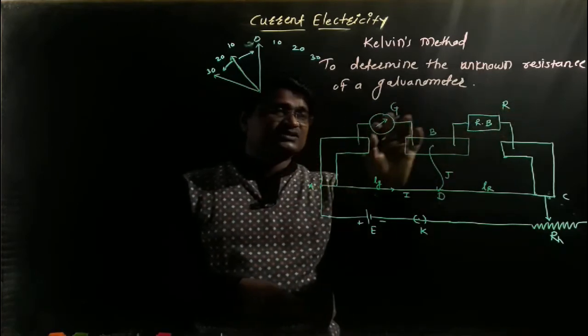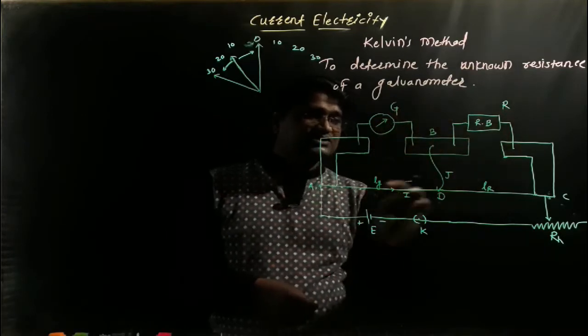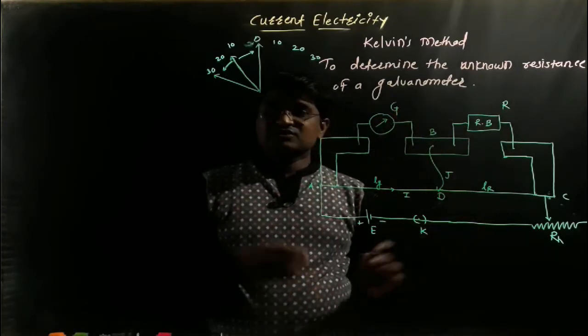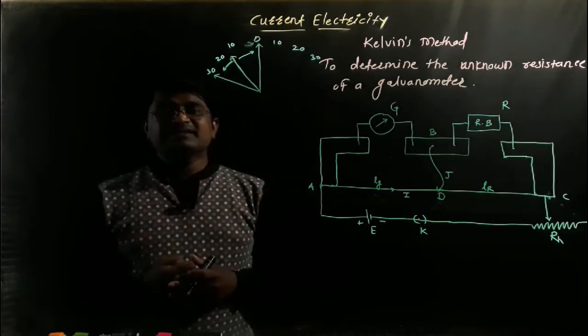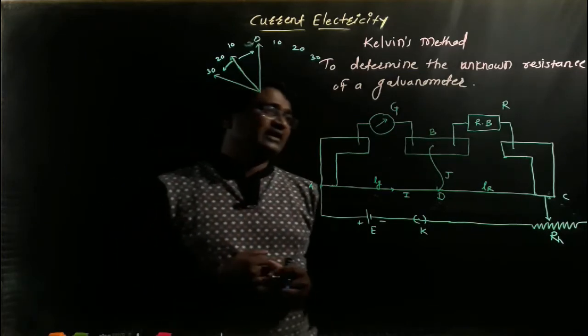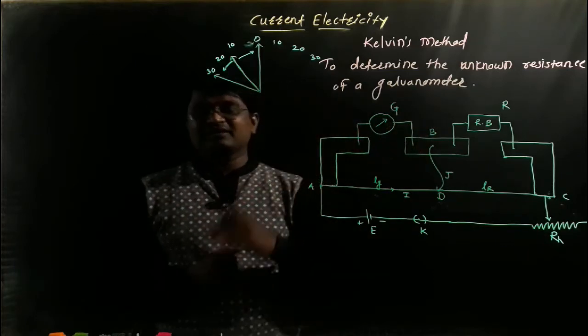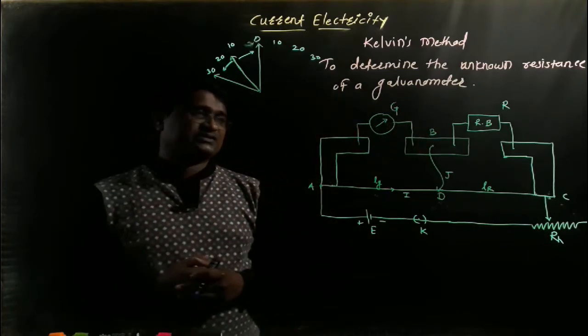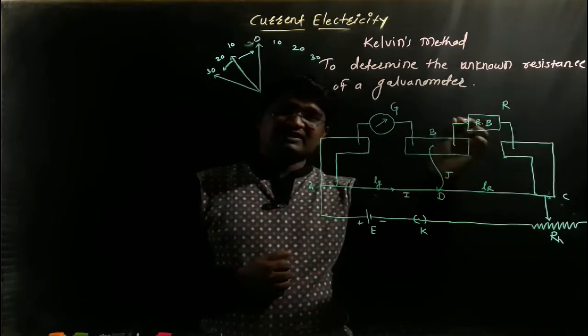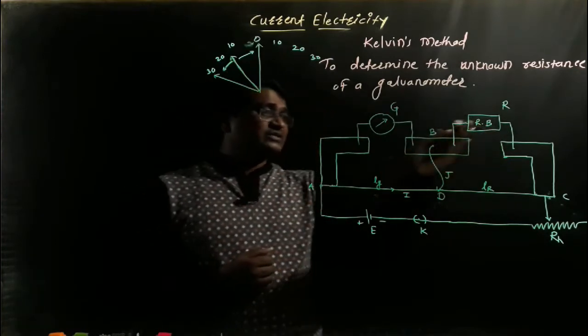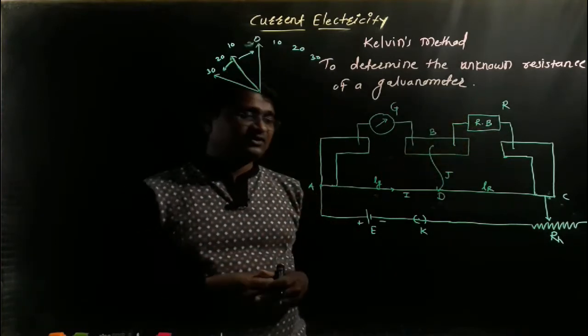So we get 4 resistances: G, R, LG and LR. As per the balancing condition of the network, when we find out 3 known resistances, we can easily calculate the 4th unknown resistance. Here we can take a suitable resistance from the resistance box, which means we get its value. What is the actual value of R?